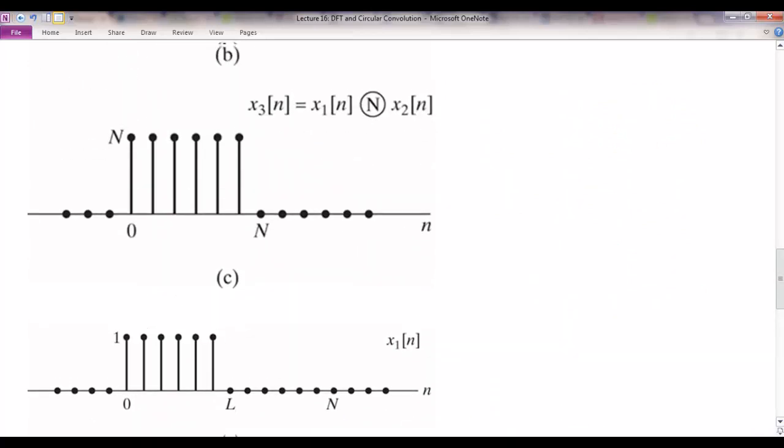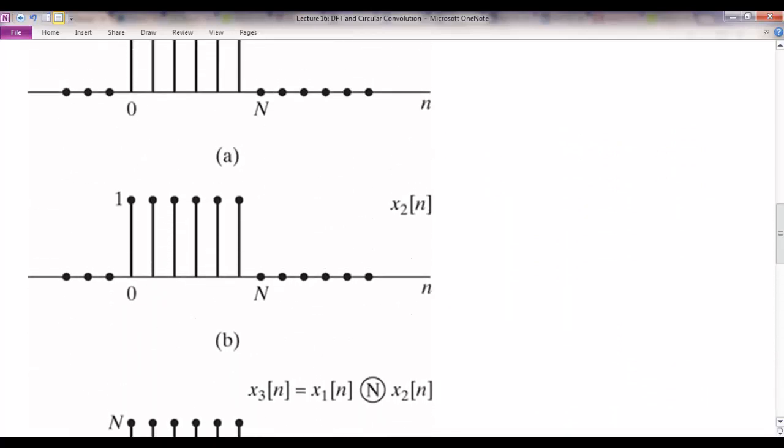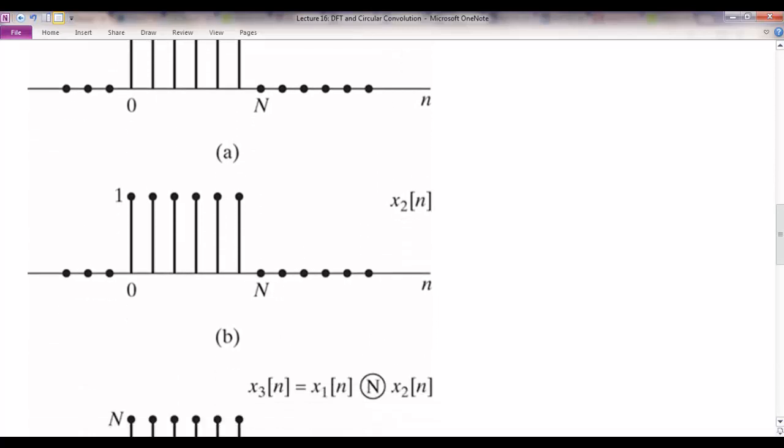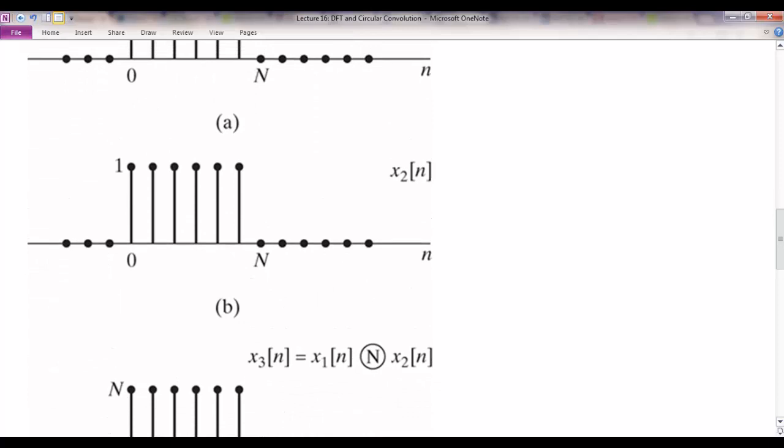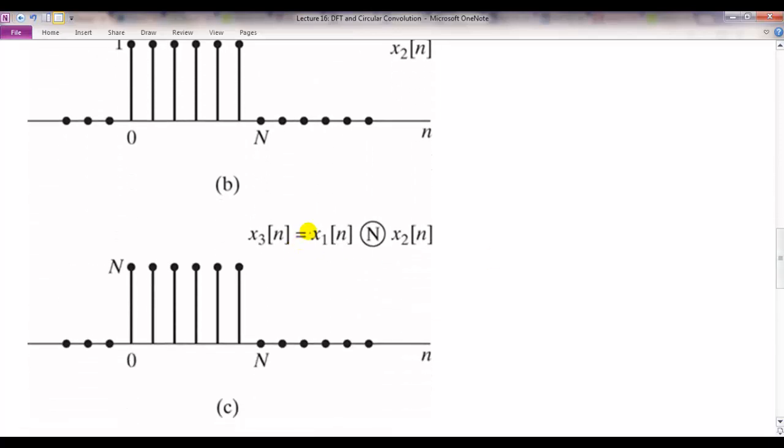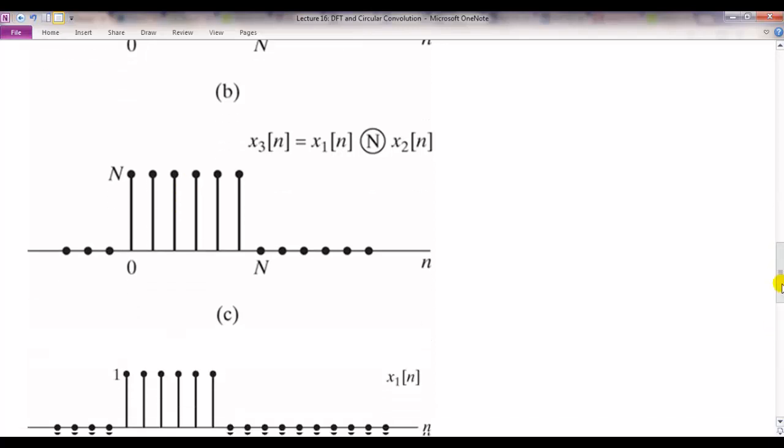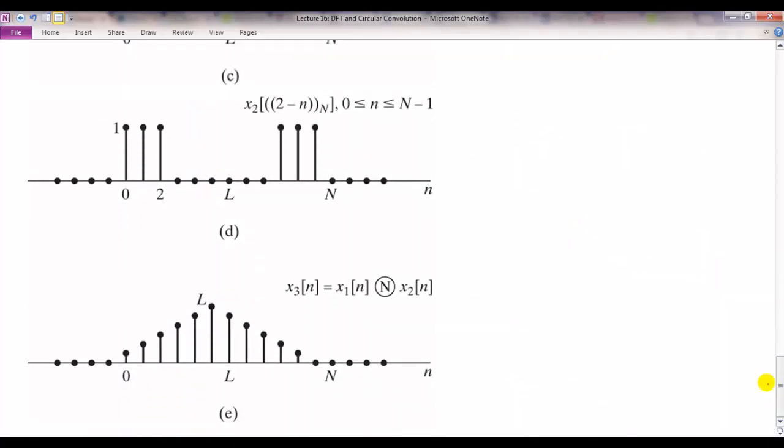So there are effectively two examples in the same thing. If your N ends up being the same as the length of your sequence, so the length of the sequence is N and you are doing circular convolution by N, then this is your answer of the circular convolution. And if you increase your N, make it double the length of your sequences, then you actually get back this triangle,